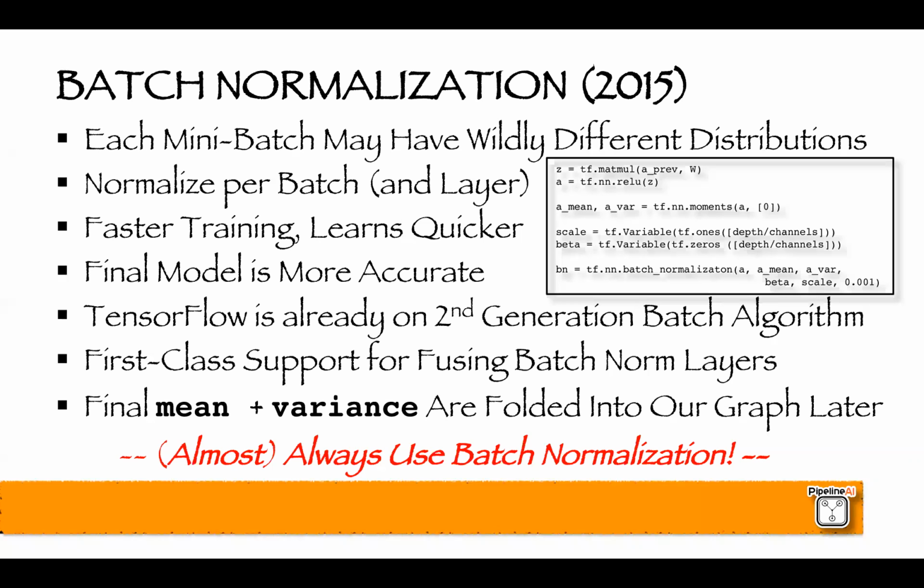So for each batch, we can adjust based on what we think is the overall distribution. TensorFlow is on second generation, I think, and it's actually the third generation now with this batch renormalization. You can also fuse these layers together, which is nice,